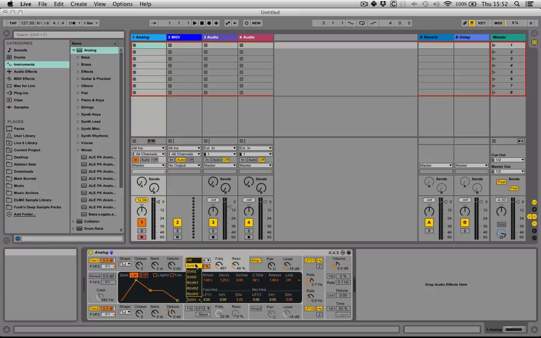And then we've got one more feature here, and this is kind of a drive feature. So this is essentially a kind of distortion. Which you can hear quite clearly. And then we've got two sort of little subsections here, frequency modulation and resonance modulation. So as opposed to just being able to modulate the cutoff frequency, which is typically what a filter envelope does, we're also able to control the resonance using this envelope too,